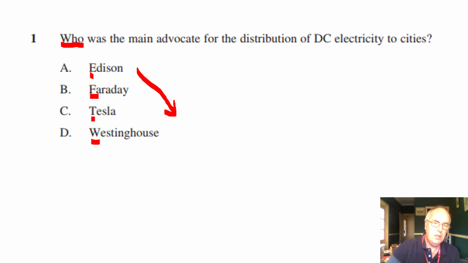Also note here that they have a point here, so you can't read that as Edison. That's really the only reason. Again, in some things they put a little curve there, and that's decided to be visually more complicated to understand. Now, the answer to this is that Edison was the main advocate of the distribution of DC